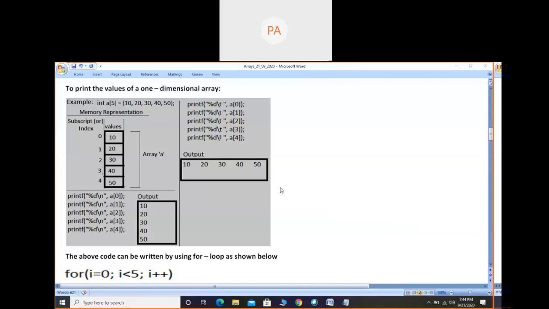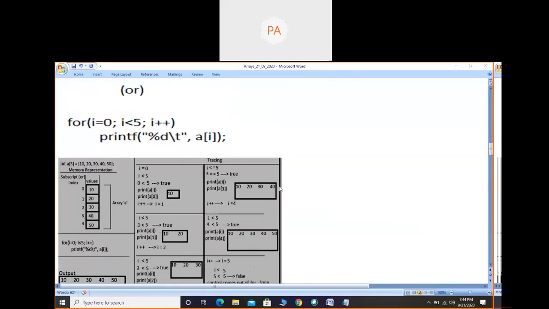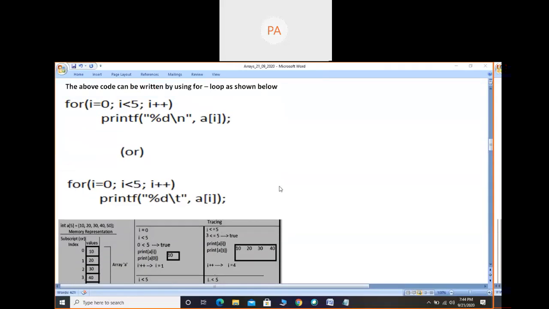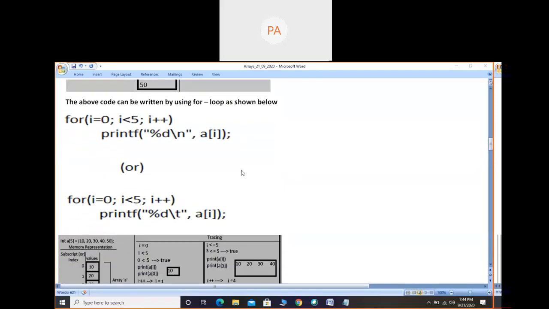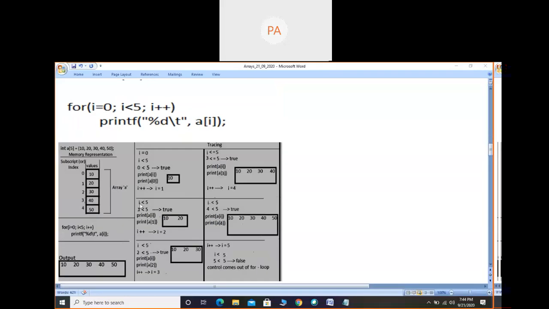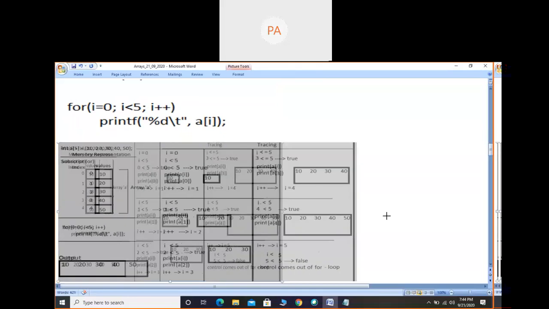So we'll move further. I think these two for loops have not come within the screen, so once again, you can take this. Anyways, this kind of for loop we have in this program, that is in this tracing part. You need not worry. So we can discuss here.